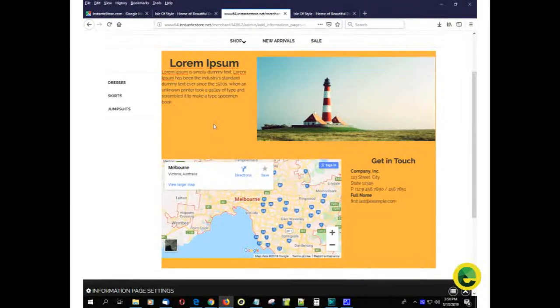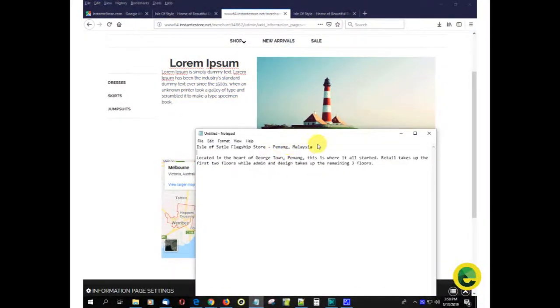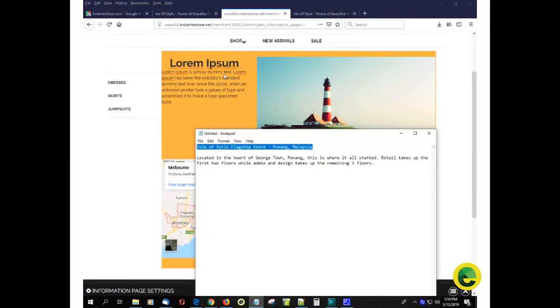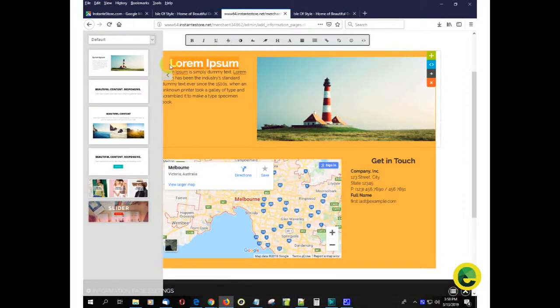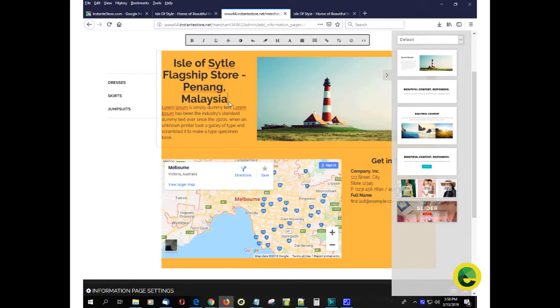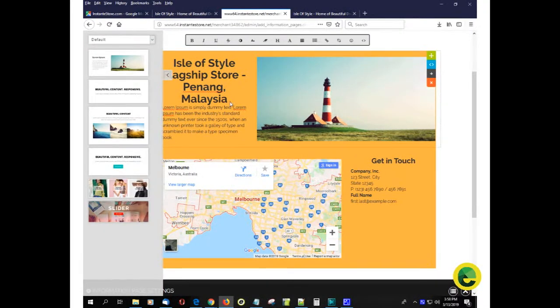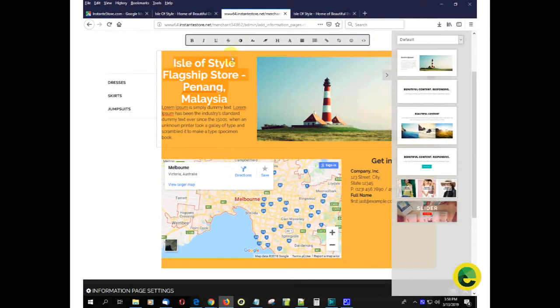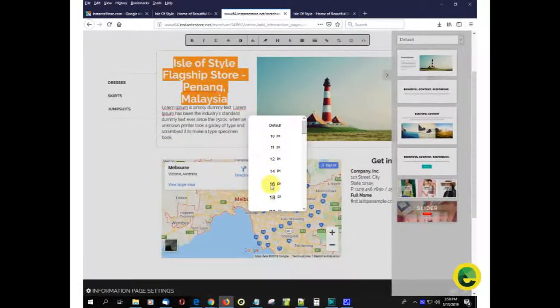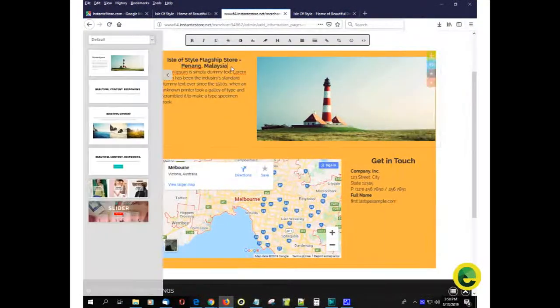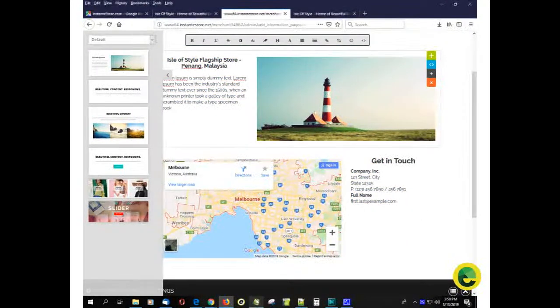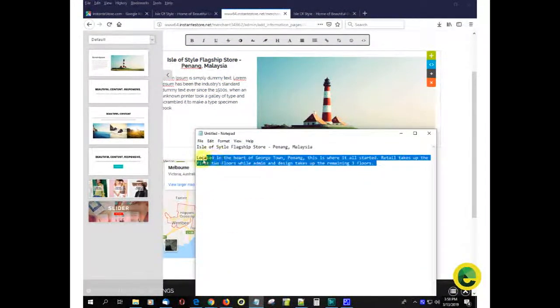Now let's go ahead and edit the first snippet. I'm going to copy some prepared text over here and replace the title and the content. So I'm just copying and pasting. Okay, spotted a little typo, easily corrected. I'm going to reduce the size of the font. Yeah, looks better. Add a bit of space. And now for the bottom